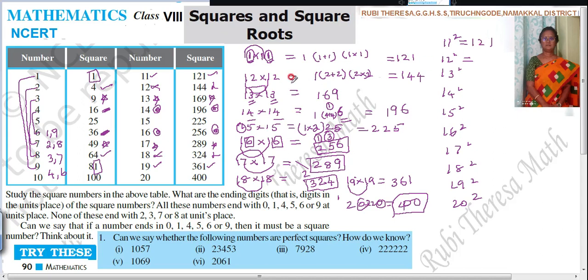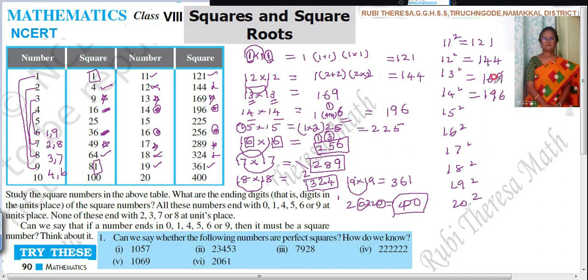1, because up to 14, very well you can write. 144. 1 into 1 is 1. 1 plus 1 is 2. 2 twos are 4. 2 plus 2 is 4. Similarly, 3 threes are 9. 3 plus 3 is 6. 169. Next one is what? 169. Just you write, change and write.